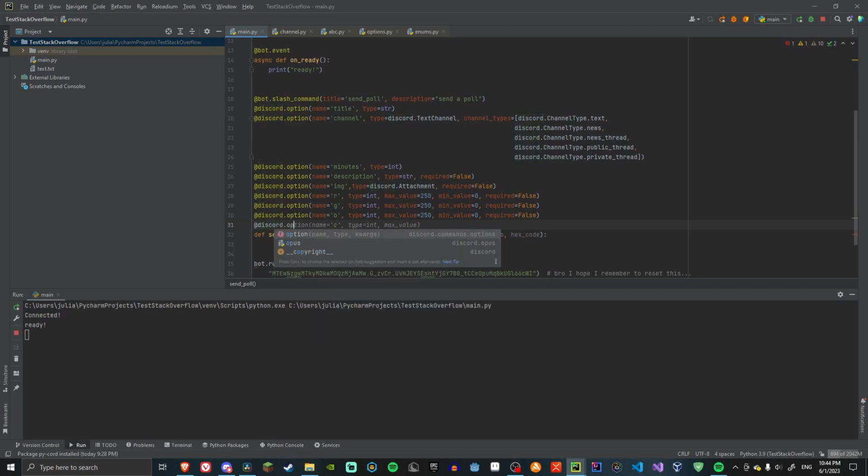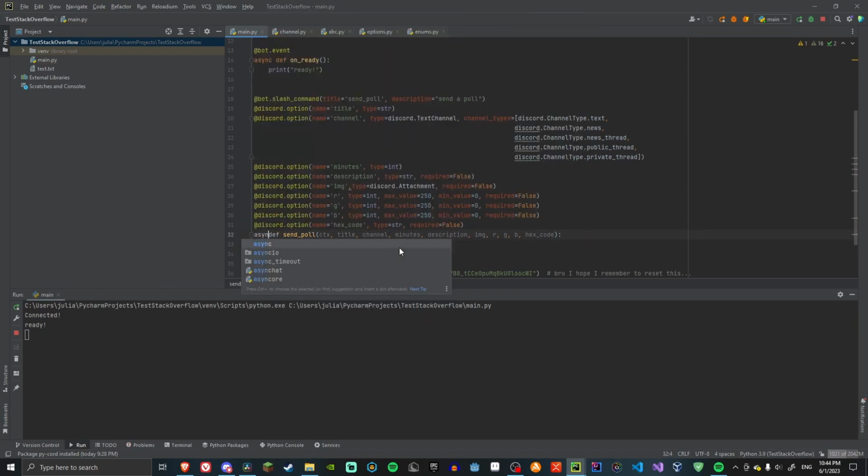It's just going to be discord.option. It's just going to be type string, required false. Now let's see if this actually works. So let's print out, got the most important part. This should be asynchronous. Let's print out all of these, and if someone uses this command, it should print out